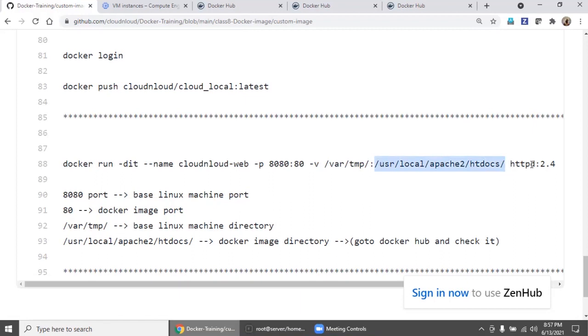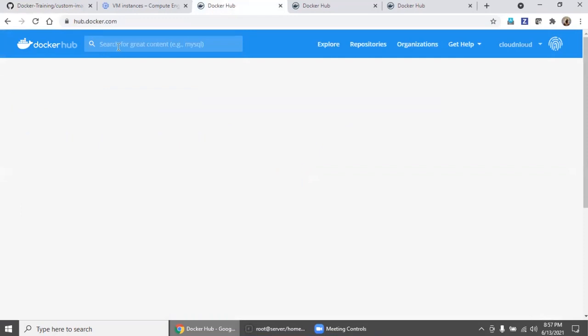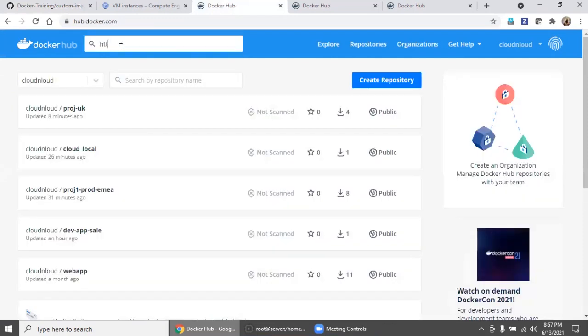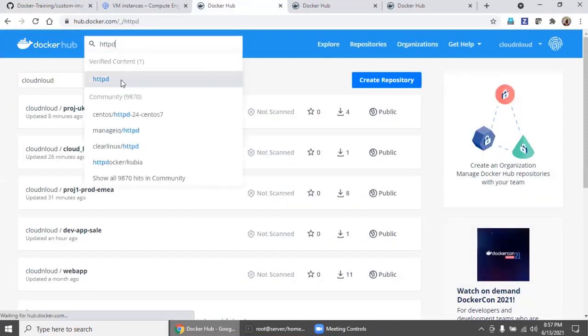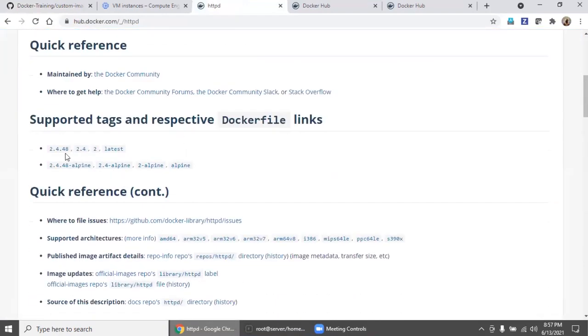And HTTPD 2.4. This is also one of the things people really get confused about. We will go here, search HTTPD, select HTTPD, come to the tags. See, if you put just HTTPD, automatically it will take the latest.